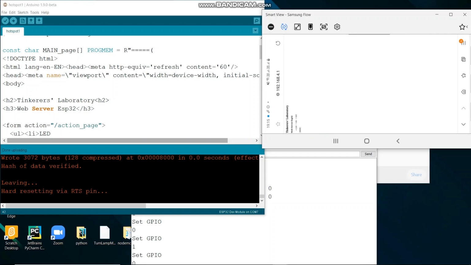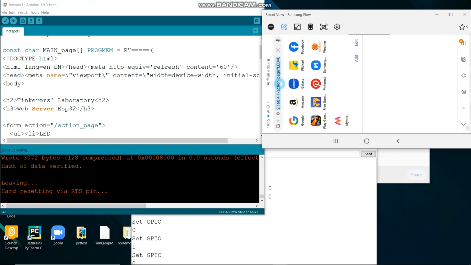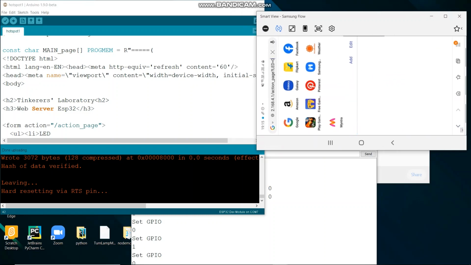You can see that this is the IP address, and this is the action page, and LED becomes 0. Basically this gives the action page and LED, because it also shows whether the LED is on or not. So LED equals 0 means the LED is right now off.